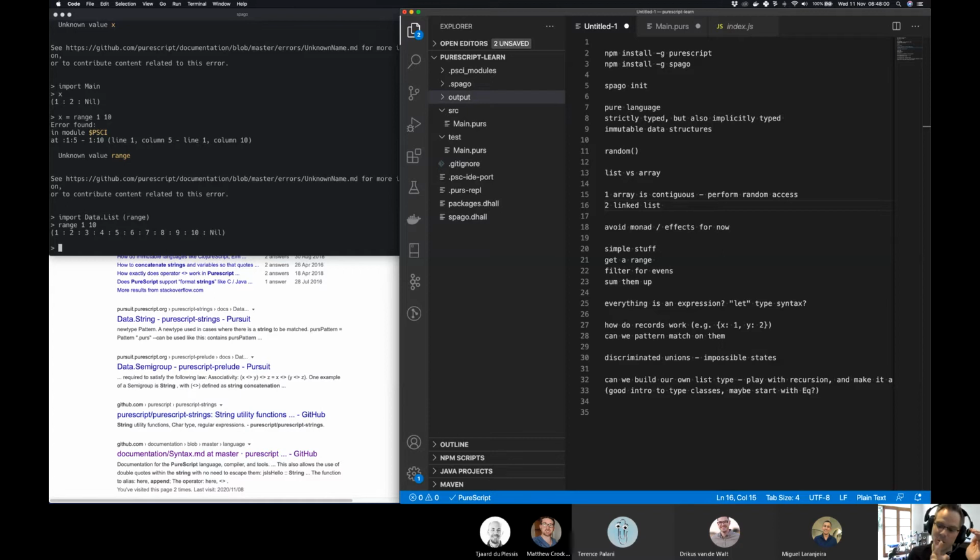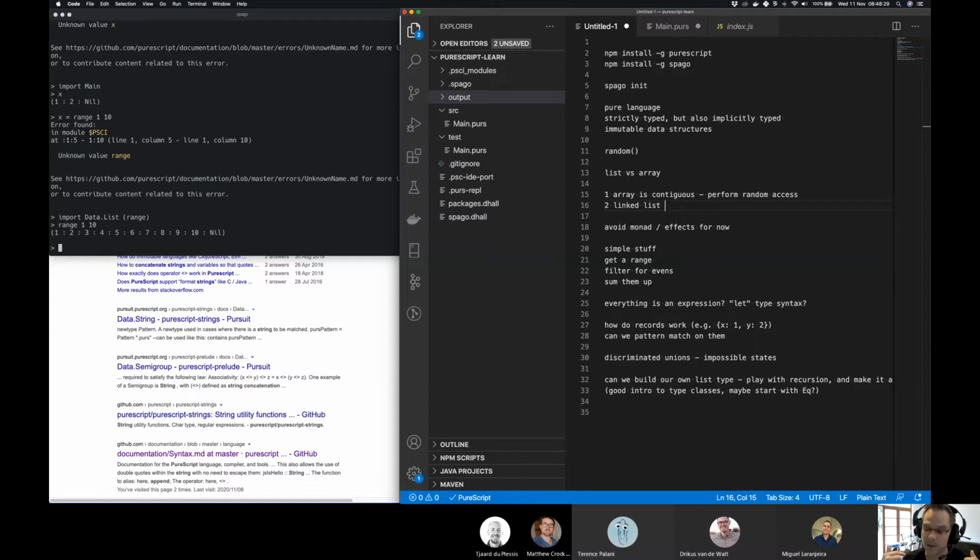Because if I insert a new element into position 50, what about the guy who's already at position 50? I have to overwrite him. So if I want to insert into it randomly, I have to reshuffle the whole data structure. If I want to put an element in position 50, that's fine. I have to literally take what's there already from 50 to 100 and shift it out, making me a space to put it in. So inserting into an array sucks.